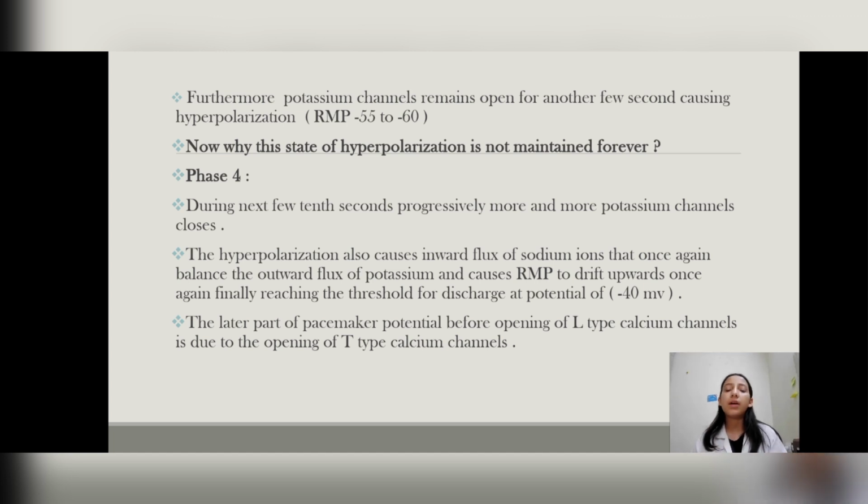Now here is a fact that these channels, sodium channels, are called funny channels. This is because generally the sodium channels are open during the depolarization, as Isha has discussed before. But here, these channels are opening in a phase of hyperpolarization. Therefore, these channels are called funny channels, and the current is called the funny current, which contributes to the earlier part